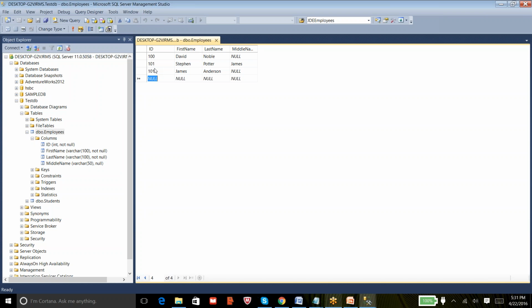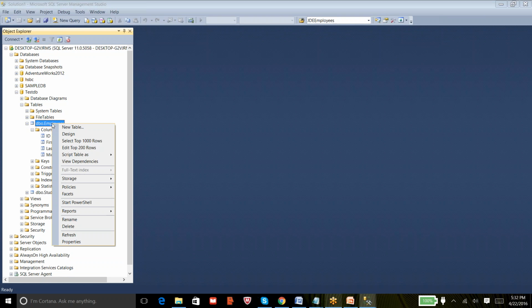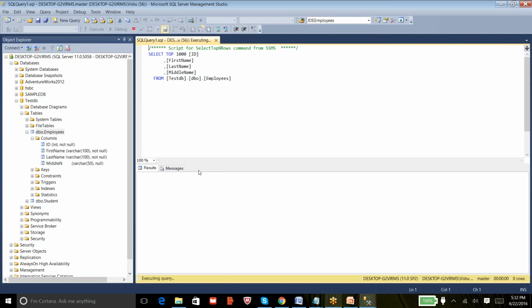In real time, it doesn't work. It's not the right data, but still your table accepts it. Once you enter the data, you can right click somewhere in the white space and do Execute SQL. Then your records are permanently saved in your table. To confirm it, right click the table and then do Select Top 1000 Rows. And this is how the data is stored inside your table.